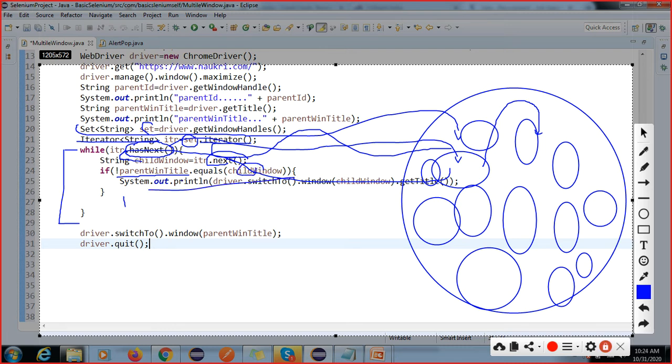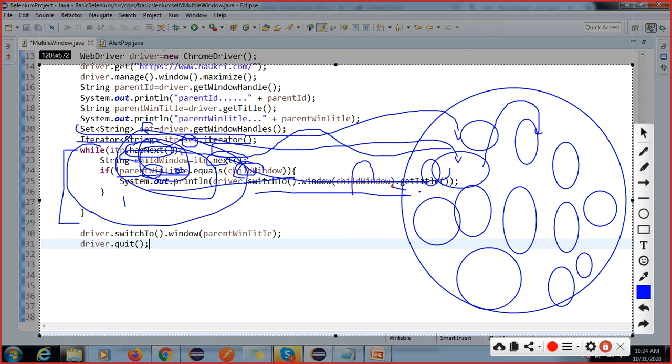If both are the same, it will not switch. Got it, right? So this is the operation. Because we are iterating, this is static, only one id is there, and this is dynamic. So it iterates this loop as many times as there are objects, checking each time. If it is not equal, then it switches to the child window.